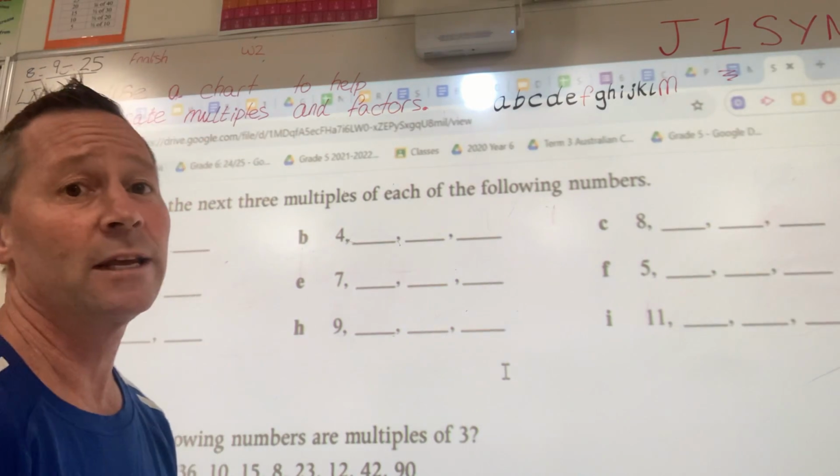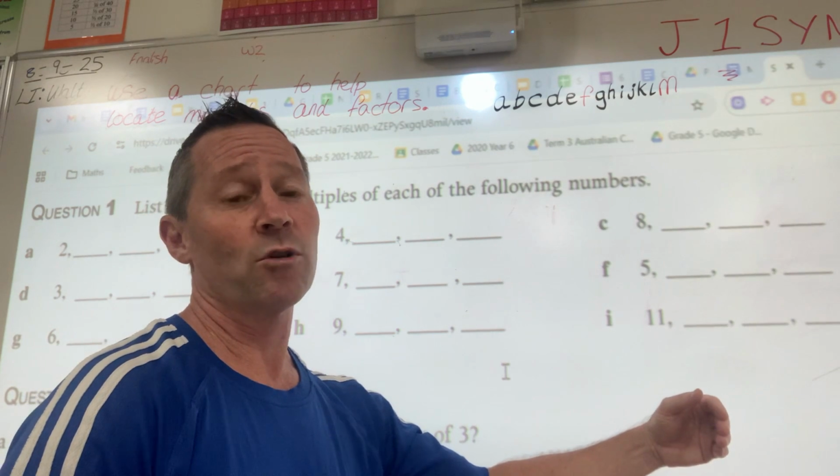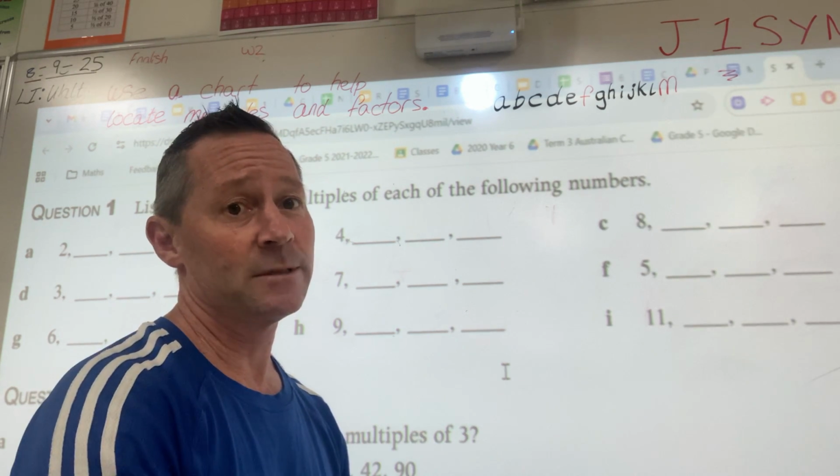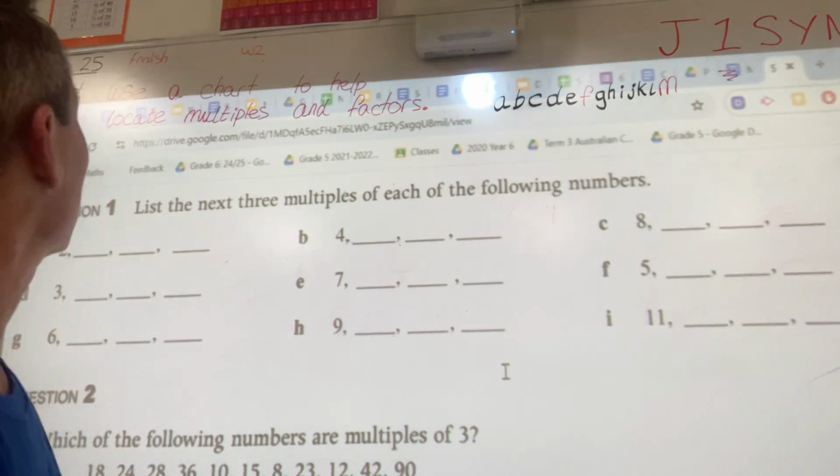Hello 6B, we are looking at multiples and factors. From multiples and factors we're going to move on to prime and composite numbers, square numbers, and then into order of operations, which is the BODMAS. First, look at our